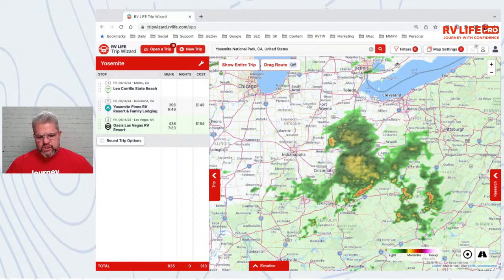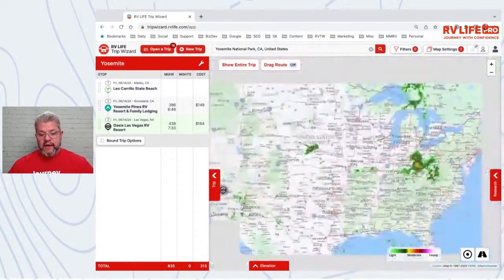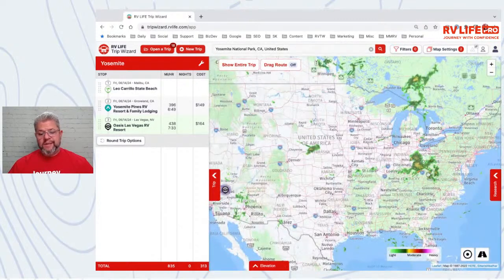So this is just additional tools to help you, but without a doubt, most of this section that we just talked about is more of the kind of right before I go, or as I'm getting ready to go, within a day or two of planning. So we would want to keep an eye on that weather. At that point, you go to weather.com and you check it out and see what's going on, right? How long is it going to be bad? I think I use NOAA for most of my weather stuff. And we've got weather, of course, right in the app. But if you want that long-term picture,